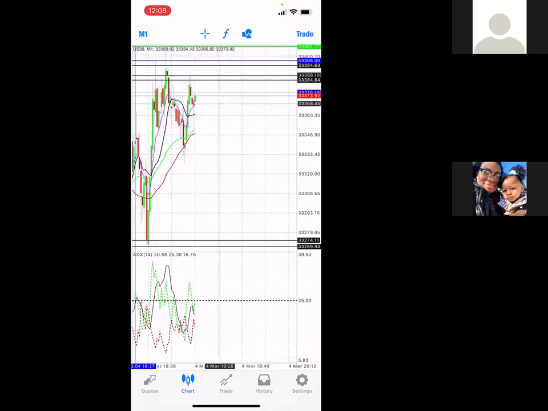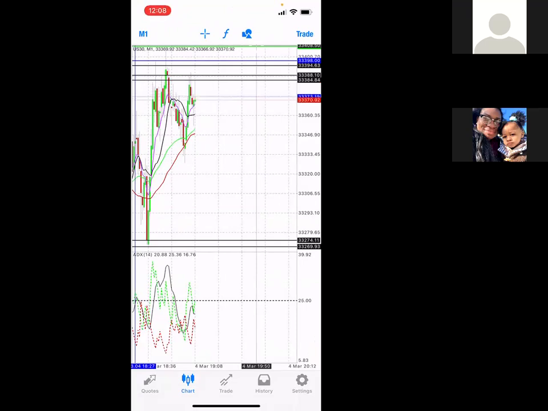Because it can be up here, go down here for a little while, come back up here, not quite go to where it wants to go, come back down. It can do all of that. There's just not a lot of momentum in the market right now. If you see the ADX at the bottom of the screen, it's below 25.